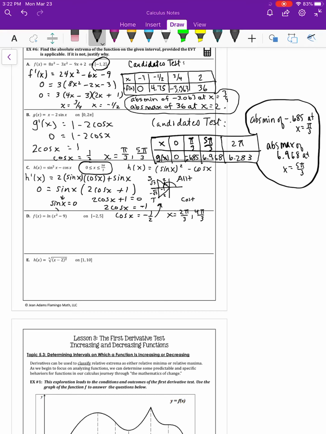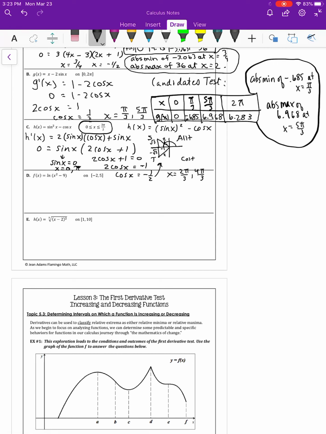And then where is the sine 0? Including 0, right? So we've got it at 0, it is 0, and also at pi. So those are your two places. I didn't go to 2 pi because I'm only going from 0 to 3 pi over 2. But that leaves us with a total of... one of your critical points is also your endpoint, okay? So if we don't count that one as a critical point in between, we've got 1, 2, 3 critical points in between. So using our candidates test,